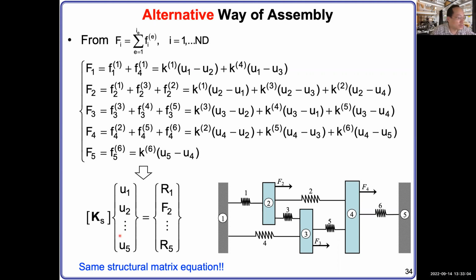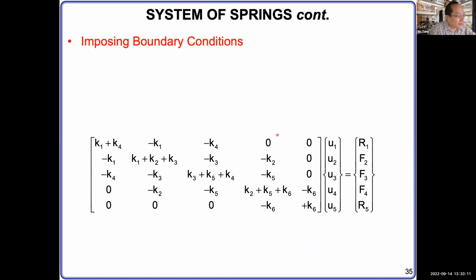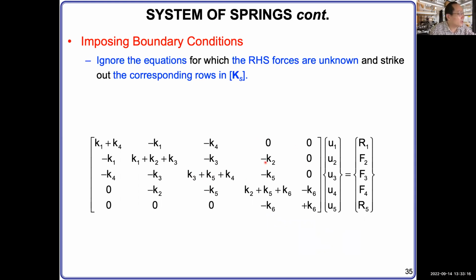Now we start to solve it by using the boundary conditions. So here, this is the equation we get. The boundary conditions are the external forces applied, for which we know the numbers, and the displacement boundary condition on the wall, where we know the displacement equals 0. So those are the pieces of information we know about the system. We will impose them as boundary conditions to solve the equation set.